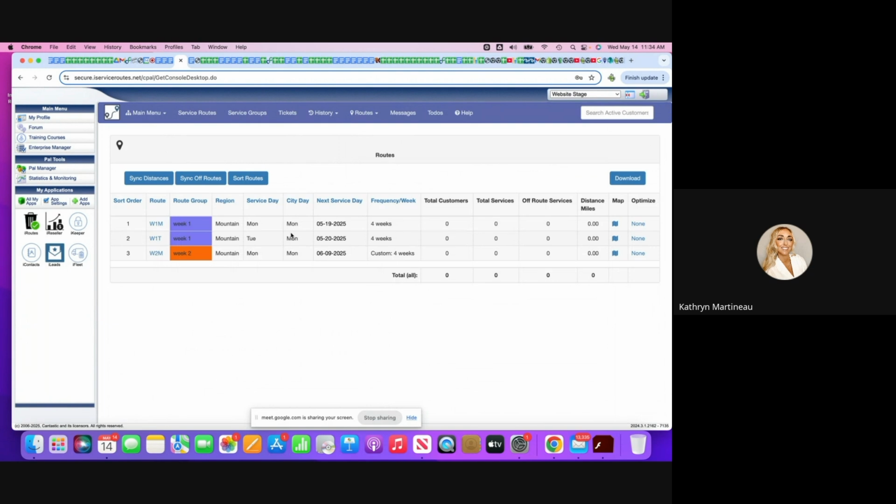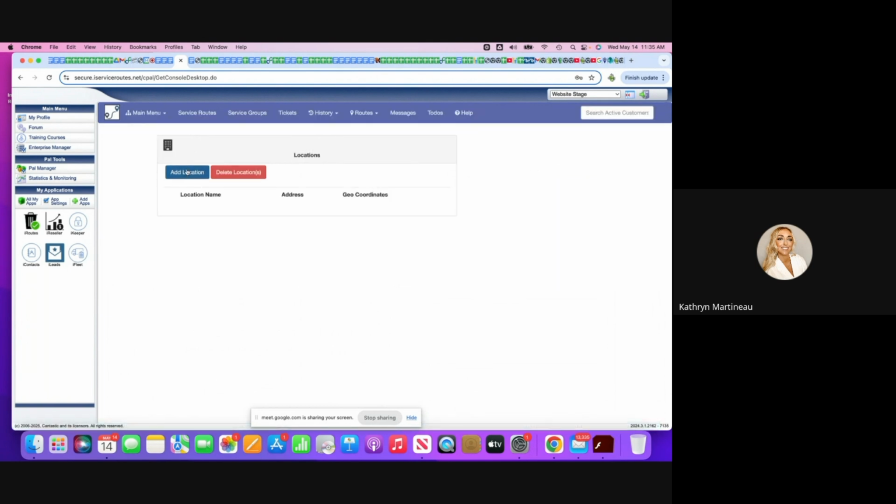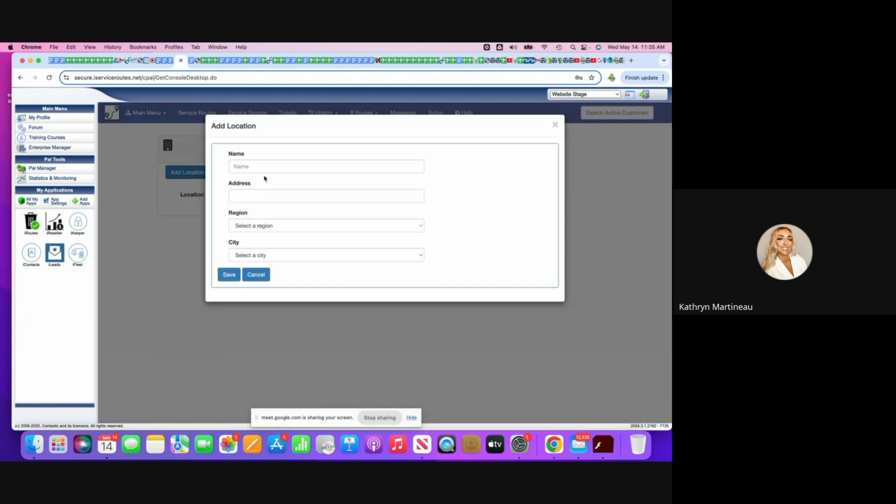Let's see. So routes, we do have a route location. So it can be your starting and stopping point for your routes every day, and that would be under locations, routes and locations. You would add your location here, and then you have to add it to each route. So honestly, this might be good to do before you build your routes if you want to use a route location. The only downside to using a route location would be if you have a route and say you want to start at the furthest